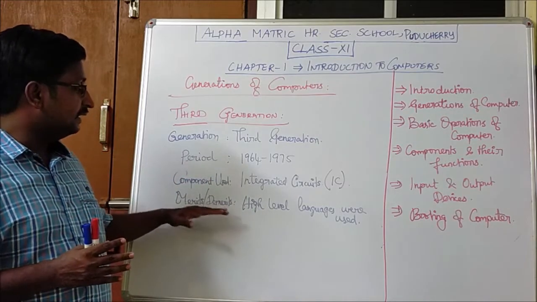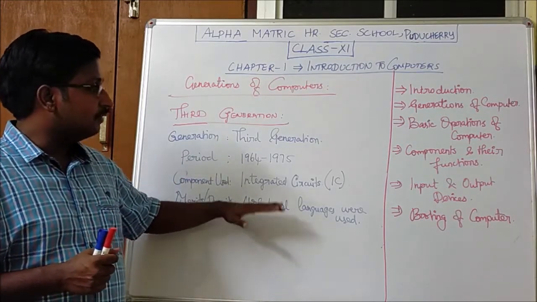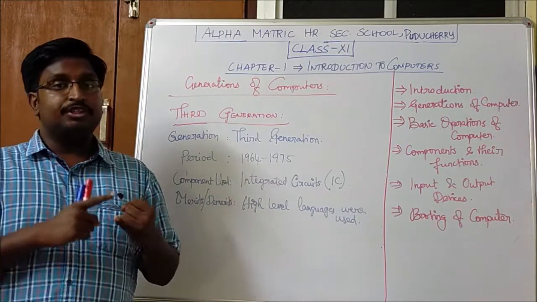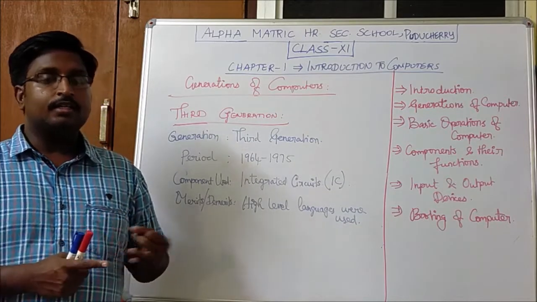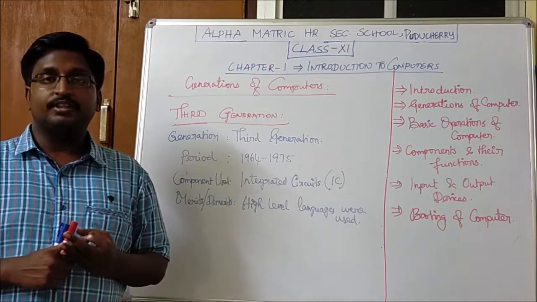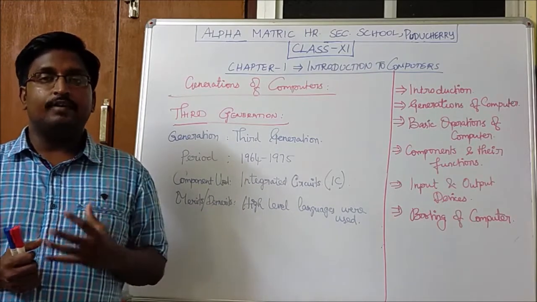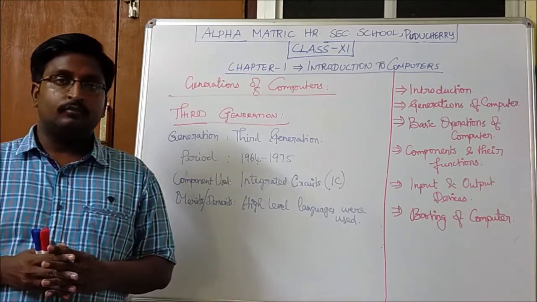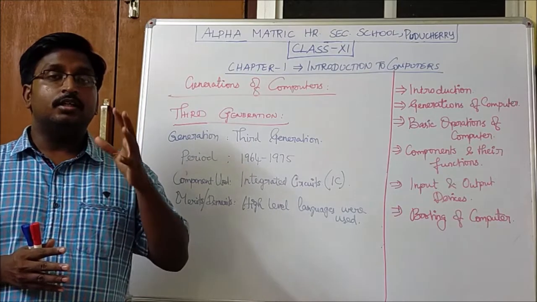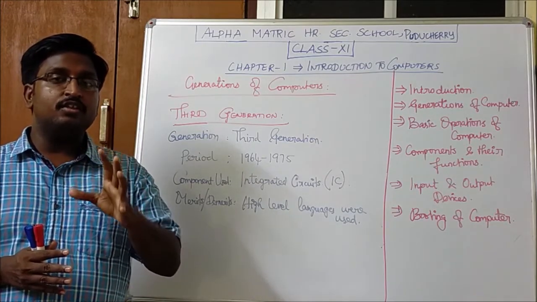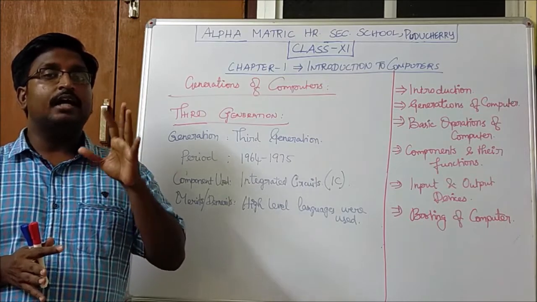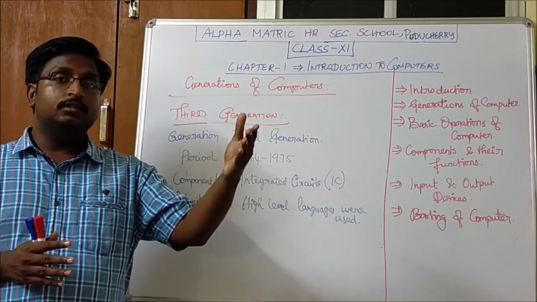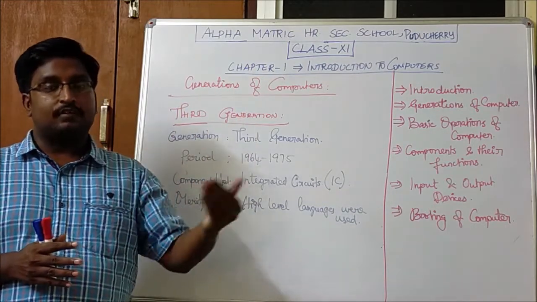So the merits and demerits: the unique merit is that high level languages were used in the third generation. We have already seen machine language and assembly language, and here we are going to see the high level language. High level language is nothing but a natural language. It can be easily understood by a normal human, by the user. We can say the language which the user can easily understand is a high level language, which is then converted with the help of a compiler to machine language.